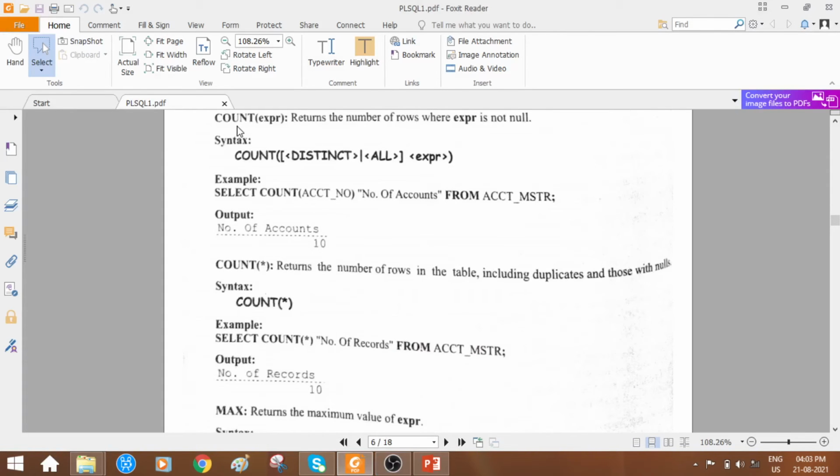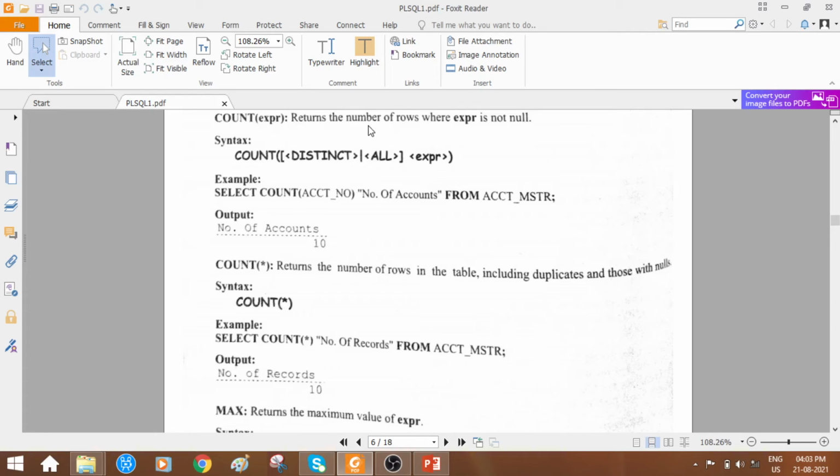The next aggregate function is count. Okay, count followed by expr, the expression. What is this? It is going to return the number of rows where the expression is not null. So if you have specified the column name, then it is going to return how many rows exist in that particular column.